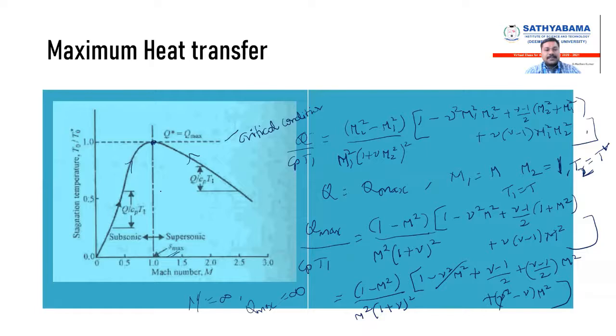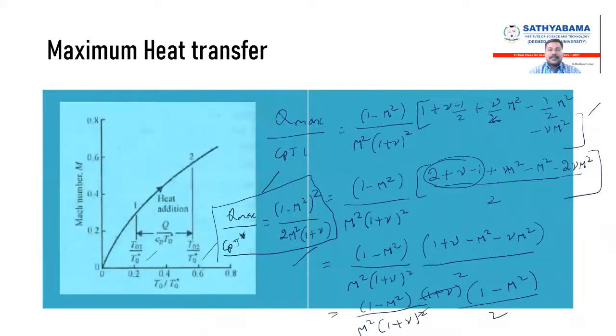So in both these cases, what happens is your total temperature increases, and then your heat transfer rate also increases, but comparatively the subsonic side will have the maximum heat transfer rate than the supersonic heat transfer rate, right? So we will find the maximum entropy at this point, right? S max. So S max is nothing but the maximum entropy at this point, right?